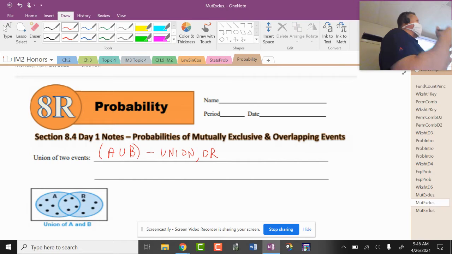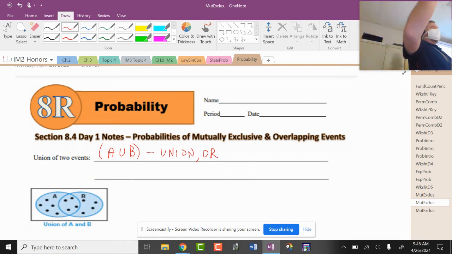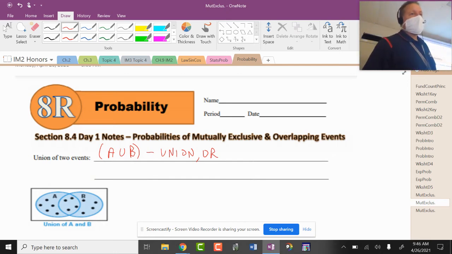That is like and, but it's not in the sense of multiplying. It's that there's an overlap. Something is in this list and also that list. It's double timing these two lists. So union is or,